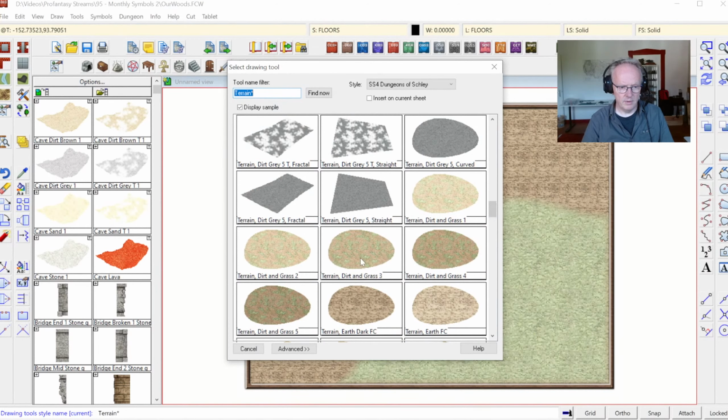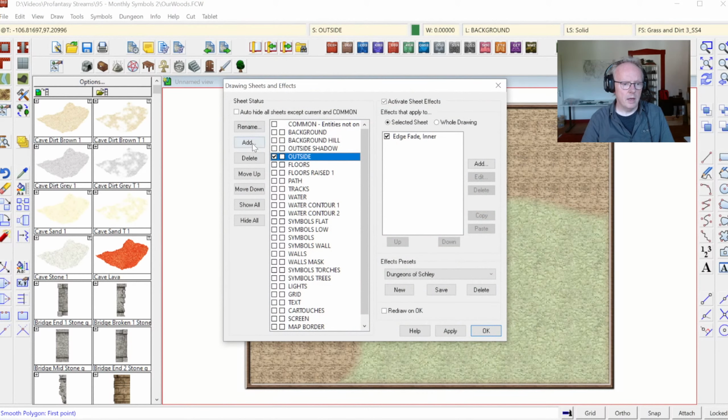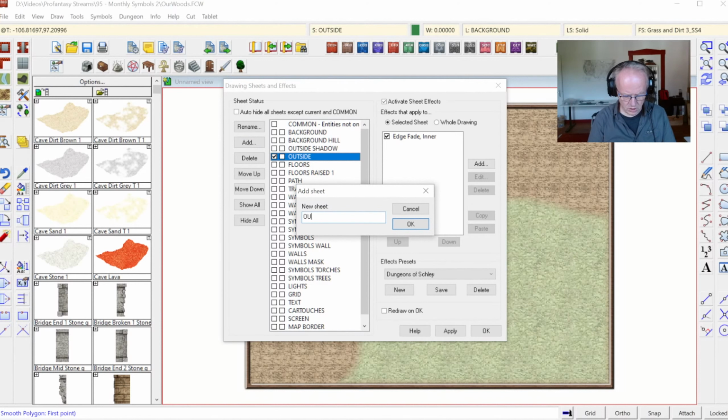Yeah, so the bitmap fills, but if I draw it on the outside sheet here, like the original grass, it will just cover it, or if I do it next to it, the border will be on the same sheet, and so we will have no fading effect on the edge. So what I'm going to do is add another outside sheet,